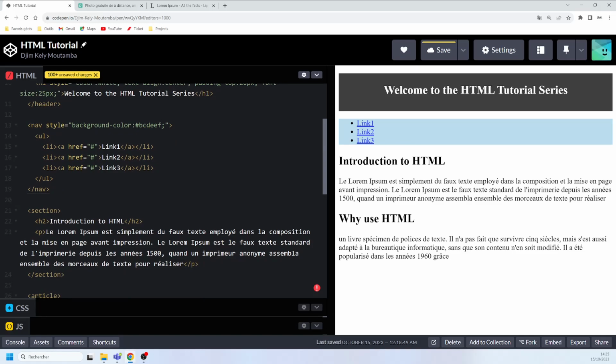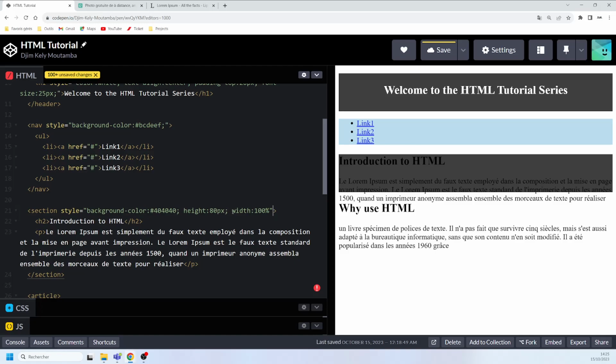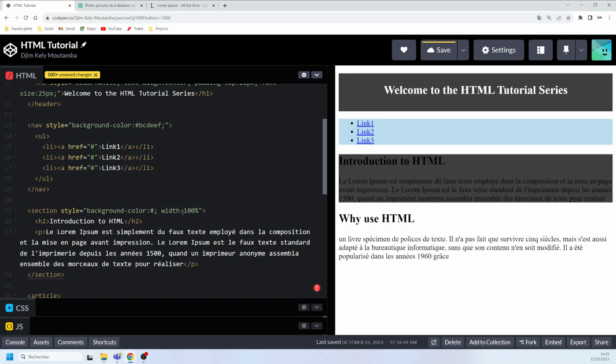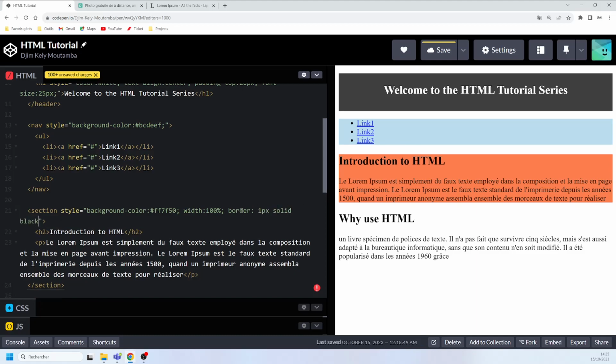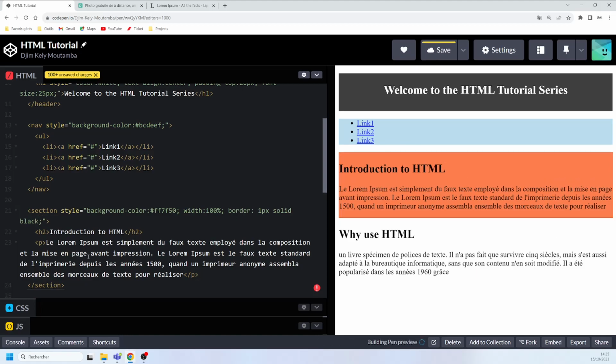As for the section, we can have some style as well. We can say that we want to keep the width to be 100%. But as for the background color, give it this particular color like this, and maybe add border 1 pixel solid black. Yes,